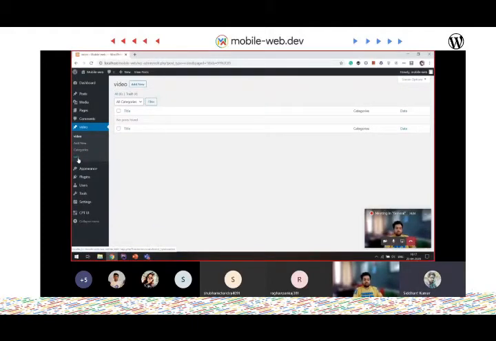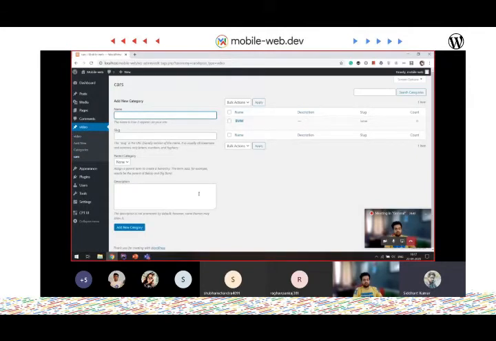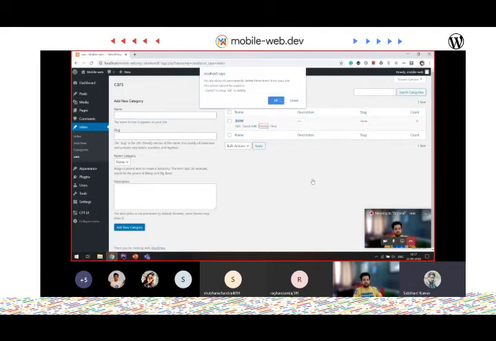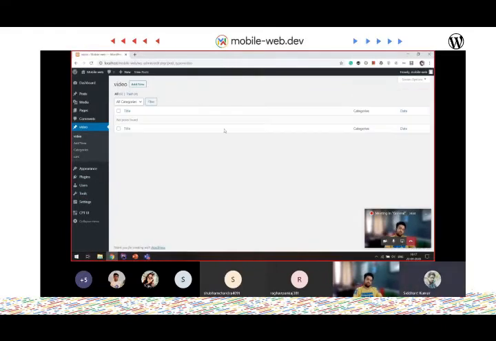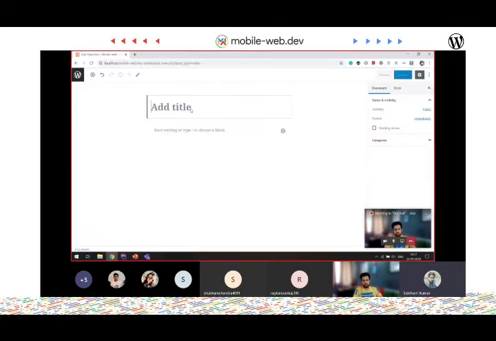So you can see cars is here, which is a custom taxonomy, and for videos it's also cars here. And when I click over it, it will open a new taxonomy page. I've already created a BMW inside it. Delete it. So it's empty now. And let's create a post inside video. Give it a name like anything you want.